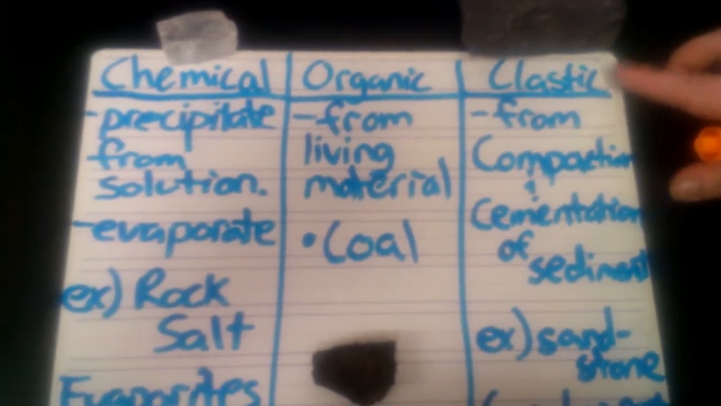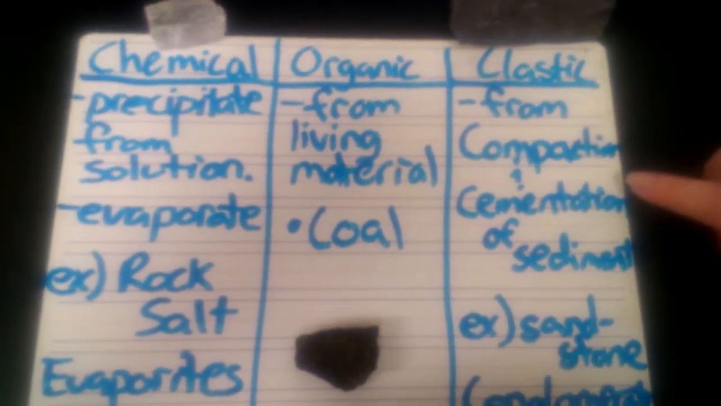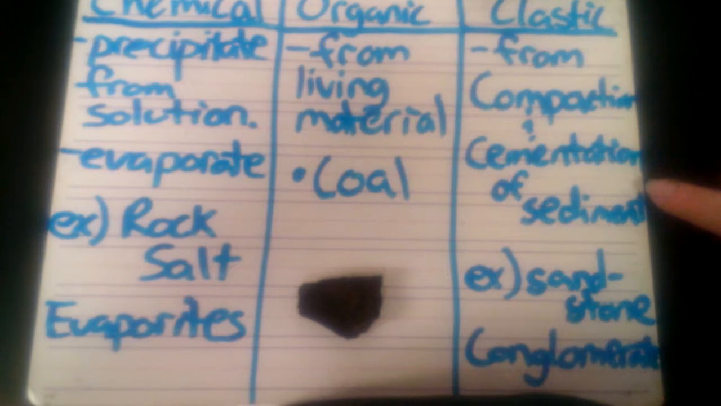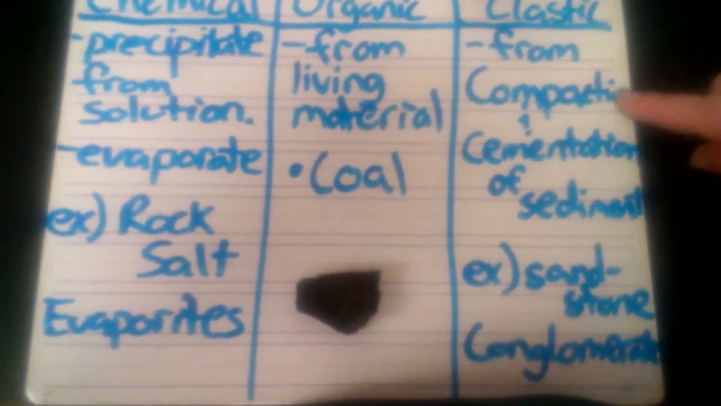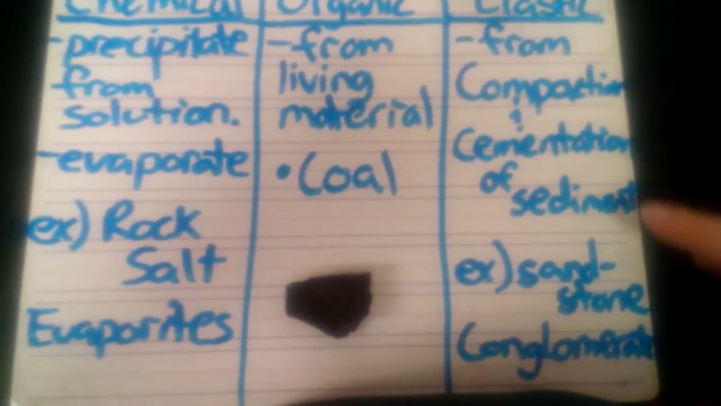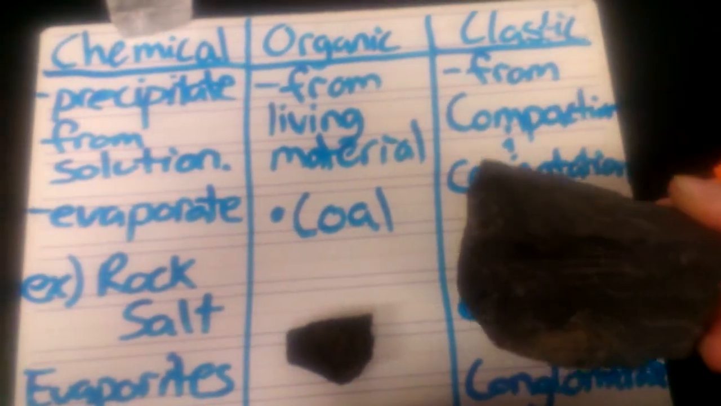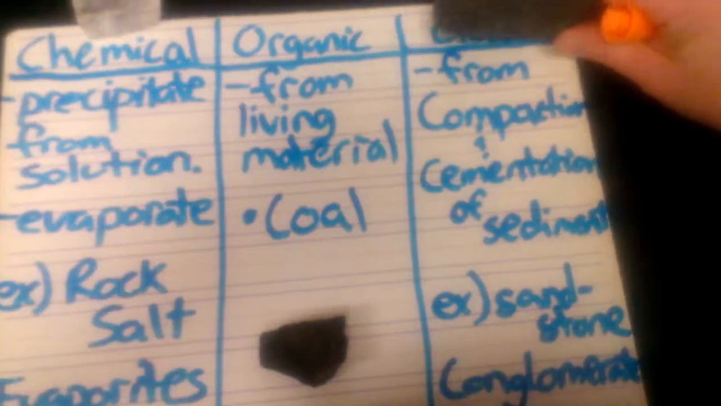That's how we get our clastic sedimentary rocks. So clastic form from compaction and cementation of sediments into a rock. That whole process is known as lithification. So if you have both of these, you can call it lithification. And that's how you would get your sandstones, your conglomerates. The example here would be shale. It looks a lot like the basalt we looked at when we looked at